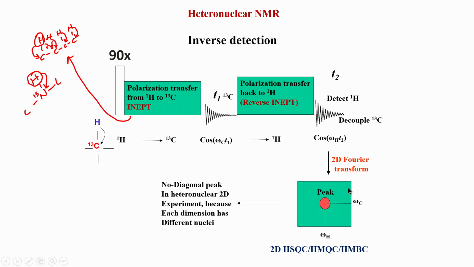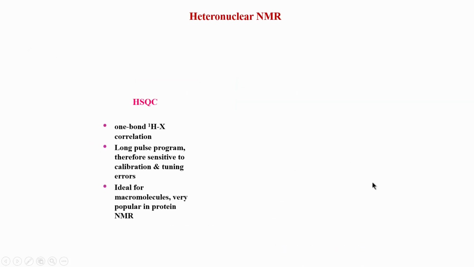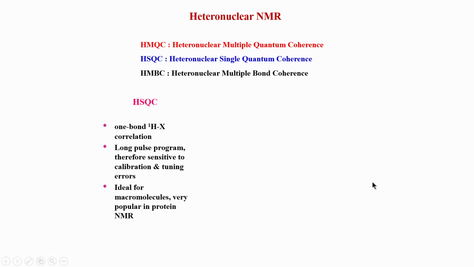That is a very big bonus which we do not appreciate much, but it is a very big bonus compared to proton, because there the diagonal peak, as I told you, sometimes dominates the spectrum. The diagonal peak can be about 20-30 times the size of a cross peak, and that can suddenly cause a lot of other problems, which is not there in heteronuclear NMR. So these are the differences between the three experiments which I just mentioned.